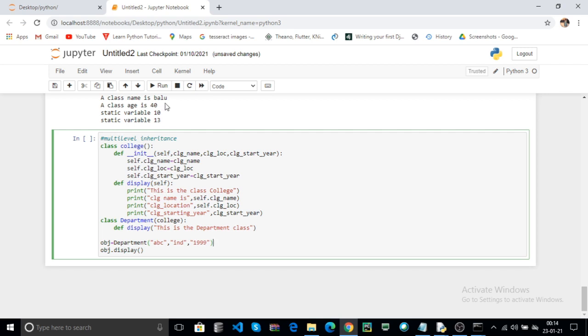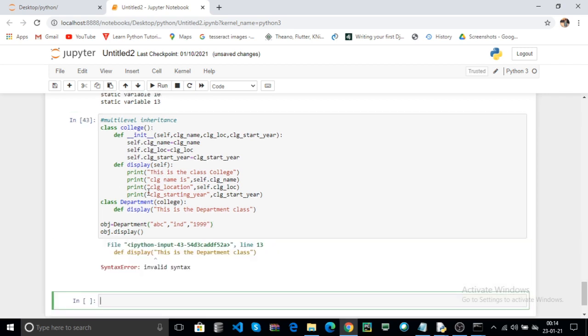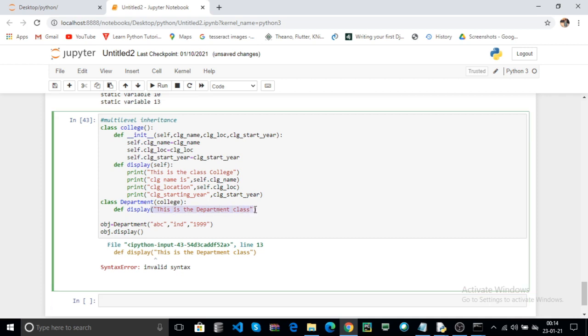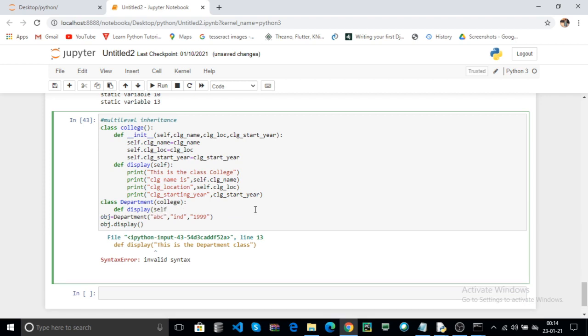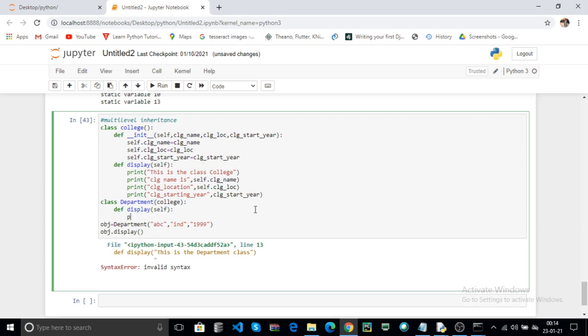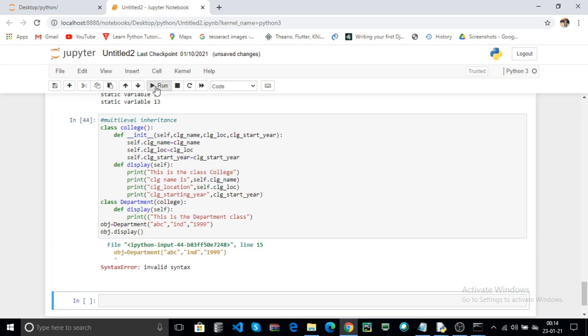Here click on the run. Oh sorry, this is the function. Here use the self. Here use one print statement. Now click on the run.